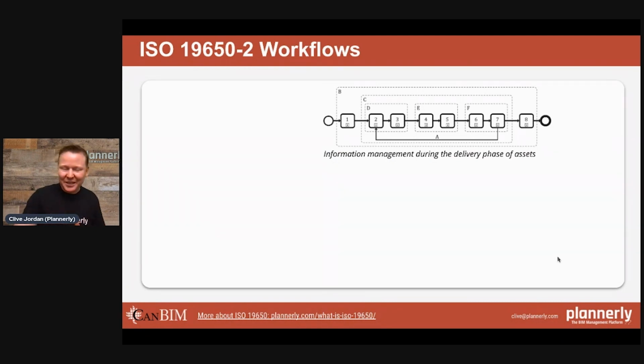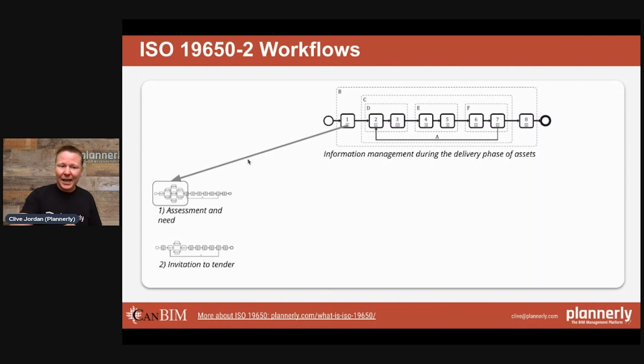Inside of ISO 19650, and Part 2 specifically, out of the five or six parts, and we'll come back to that, there is an eight-step process that helps us to manage the information during the delivery. If we unpack those steps, the first one is about assessment.